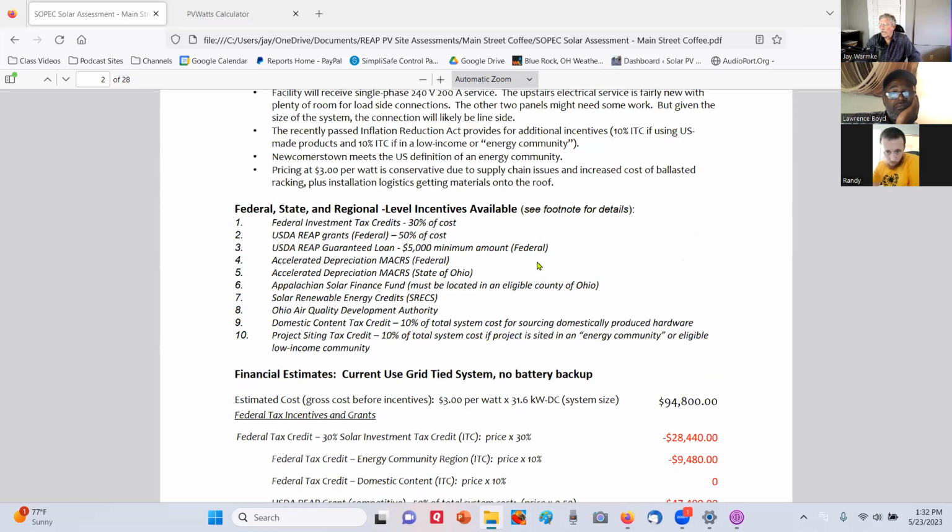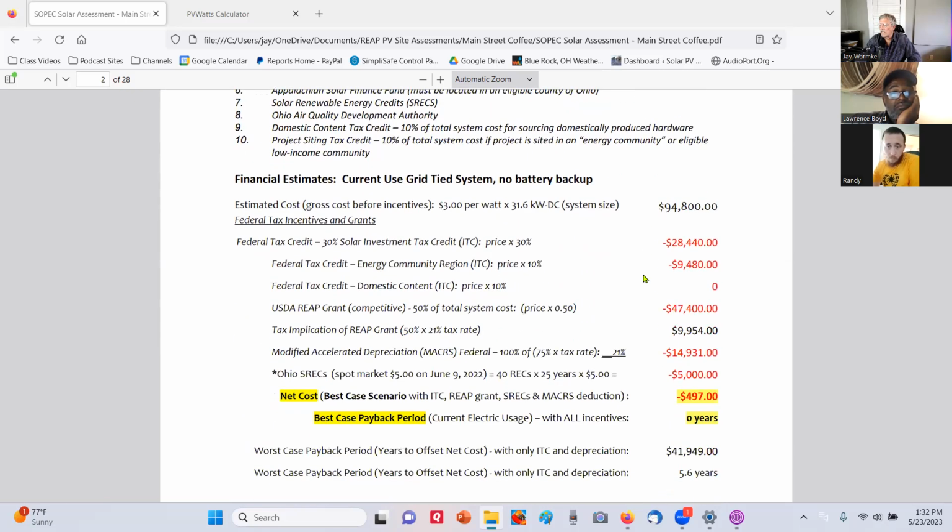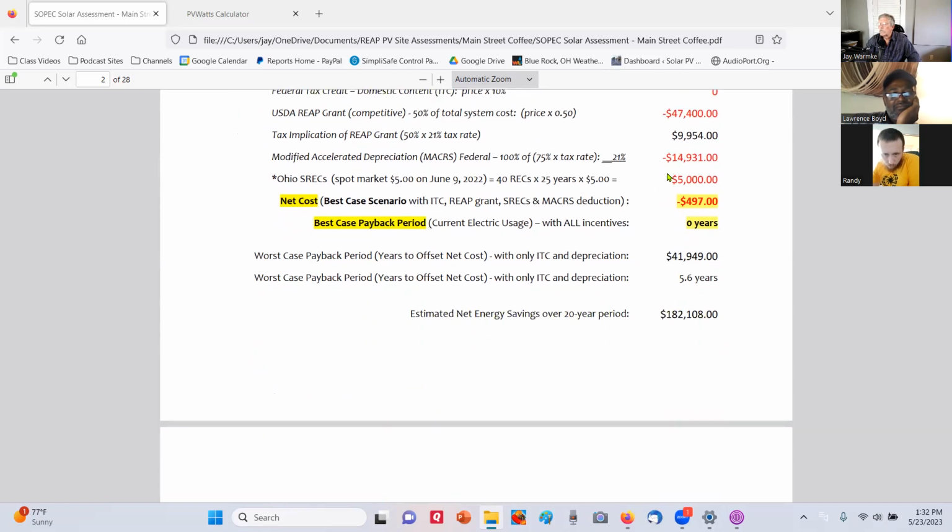We give them a little bit of background as to what these numbers constitute. And then we say $94,000 minus the tax credit, minus there's an add-on. It's called an energy community region. This one falls into that category as a place that's traditionally relied on coal mining. And so they get an additional 10%. Then we put in the REAP grant, then we put in the tax on the REAP grant, depreciation, the RECs, and we end up with a net cost of minus